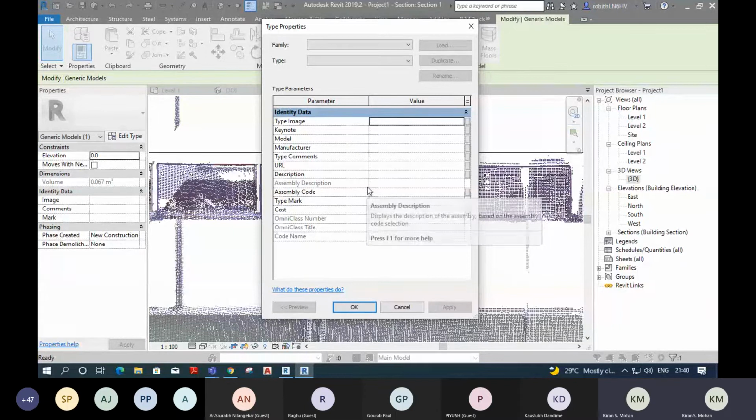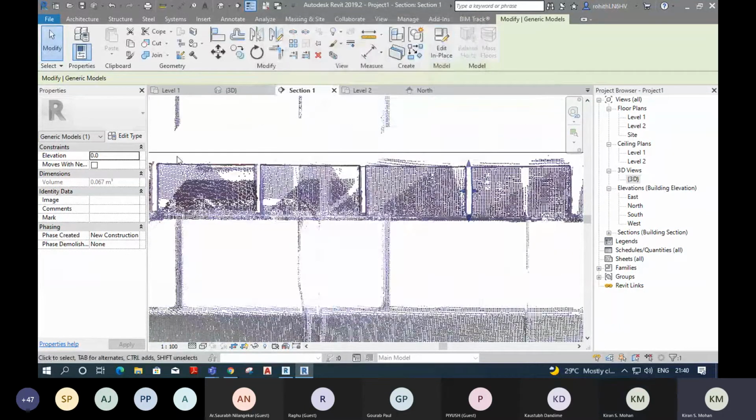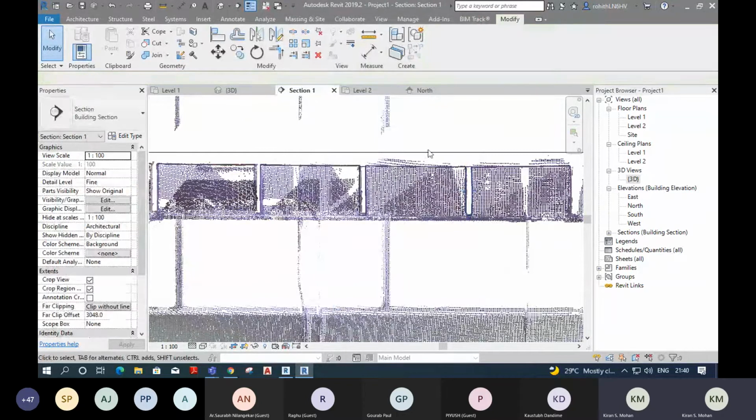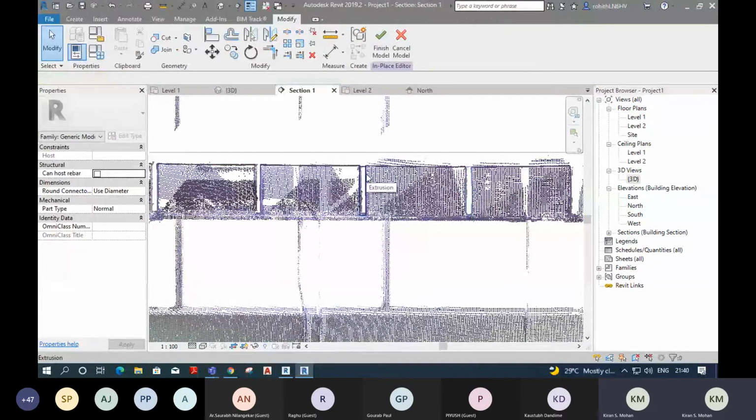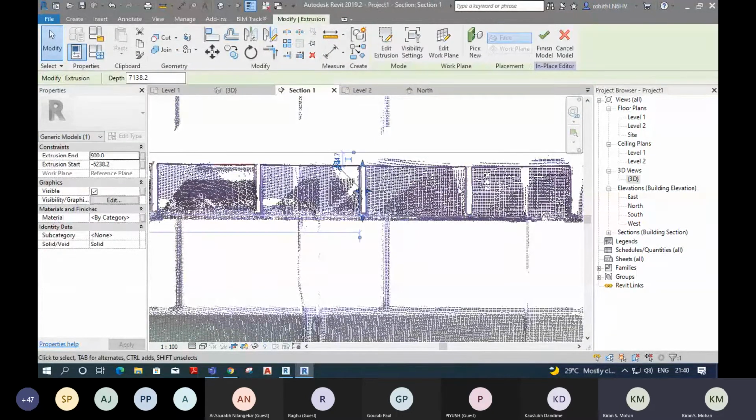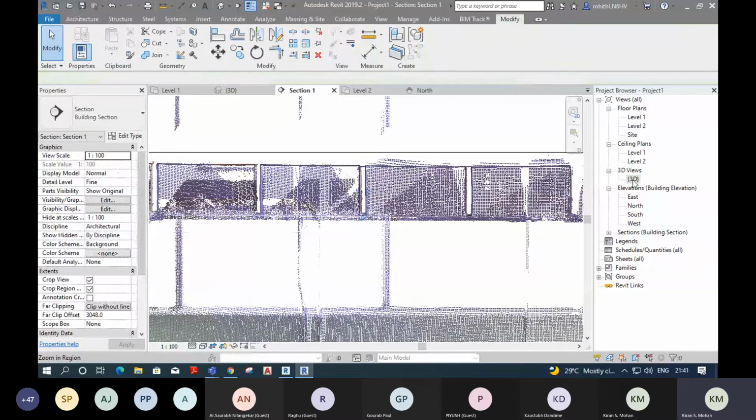Now, if you are using individual elements like a generic family, then it will be easier for you to change the materials. In the modeling phase, you have to do it during the modeling process. And if you want to change it, you have to go inside that because there are no parameters there. If you have a material parameter, then you can change the material parameter.